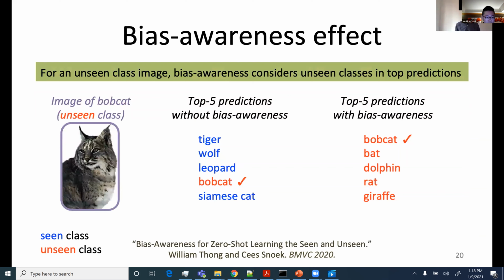Before jumping into quantitative evaluation, let us present the effect that we want on the predictions by mitigating the bias towards seen classes. So consider this example that is taken from the AVA dataset. This is an image of a bobcat that corresponds to an unseen class. When we show the model this image of a bobcat,